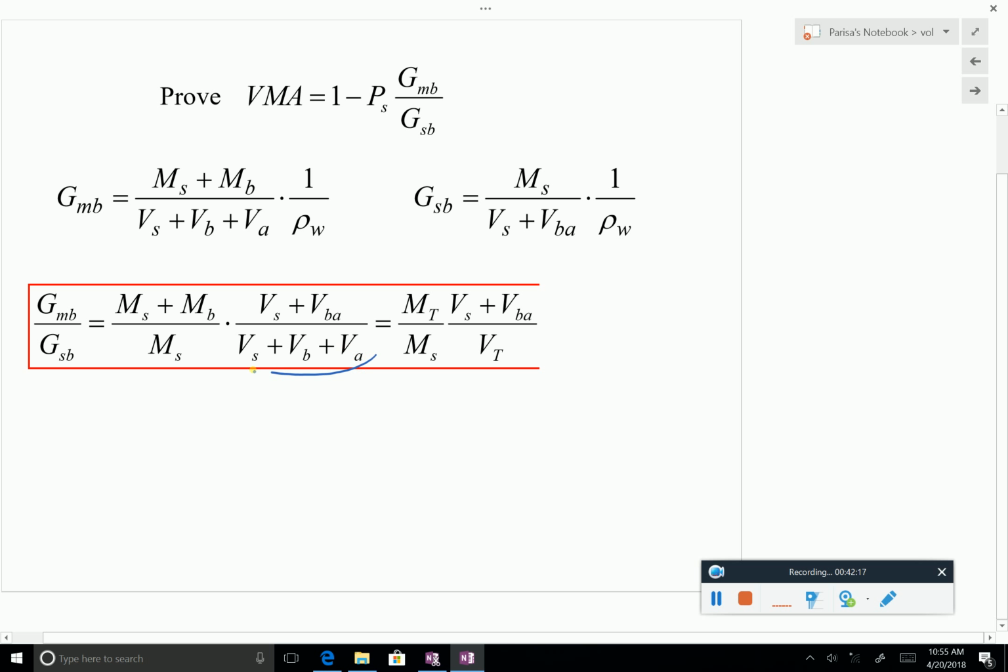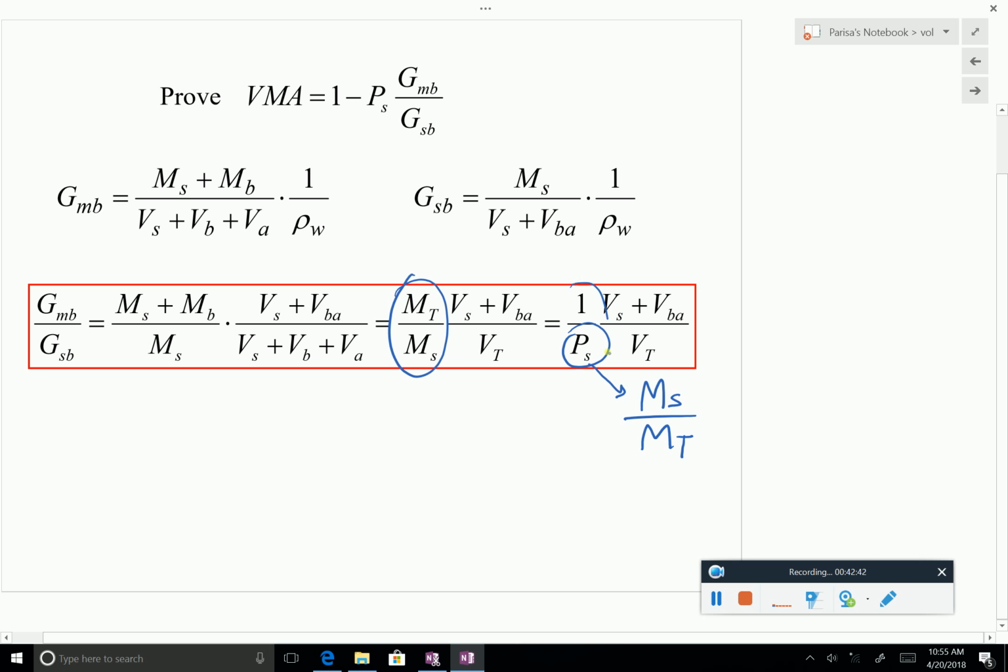And this is the total volume, this is the total mass. You can kind of see where it is going. So this is, so that's why, and now it's kind of easy to see. If you multiply it by P sub s,